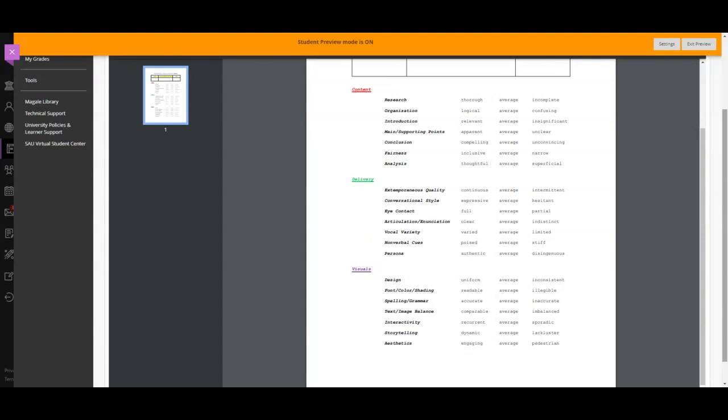Think about the font, color, shading being readable, spelling, grammar accurate, text image balance comparable. Now remember, the images, as I mentioned, are the photos, any types of screenshots or maybe video clips. Is your interactivity recurrent? If you want to show a website or a video clip, remember, as I told you yesterday, to pop in your speaker, make sure that you've got your headset plugged in to your computer, or you're going to get double audio and it will sound muted. It'll also sound muffled.